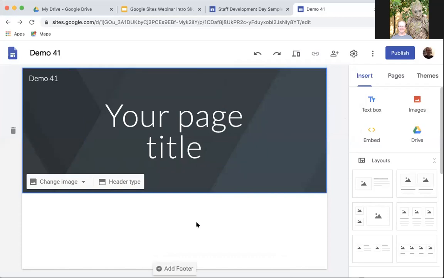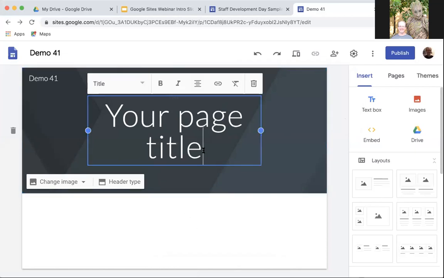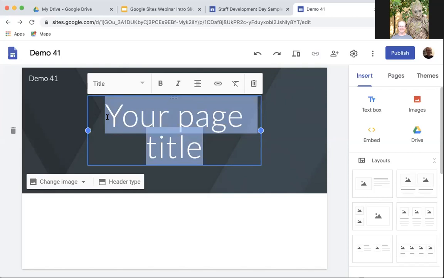For the most part, the new Sites makes things pretty intuitive. Wherever I mouse around on the page, I'll have different things that come up. So for example, if I mouse over here, it gives me the opportunity to change my page title. And as soon as I clicked in there, you might notice that some of these text tools came up. So depending on what I click on, I'll get a different toolbar. If I was on a picture, I'd have picture tools. So right here, I can name my page. Maybe I want to call it my classroom,